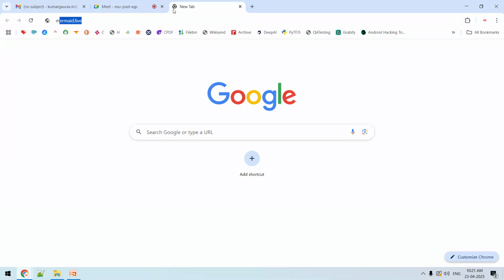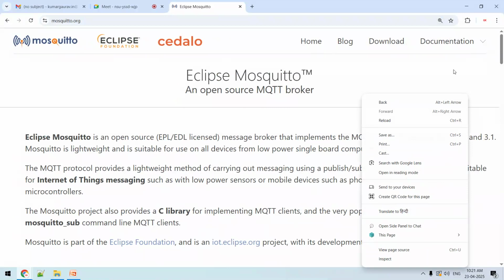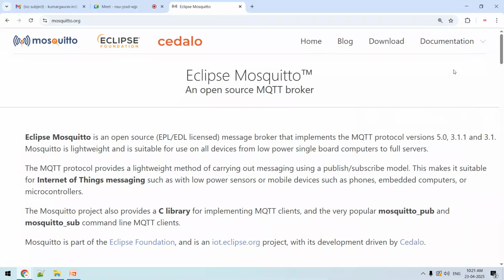If I want to implement the MQTT protocol for advanced wireless communication, for our research based simulation, we have some free and open source products, and Mosquitto is one of them. Eclipse Mosquitto,